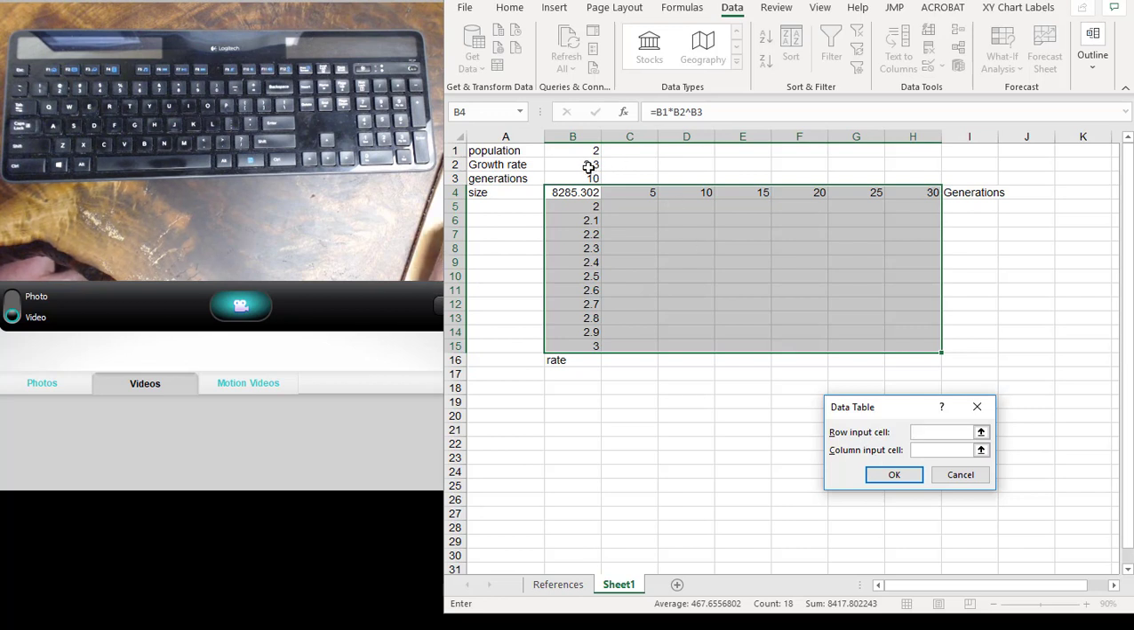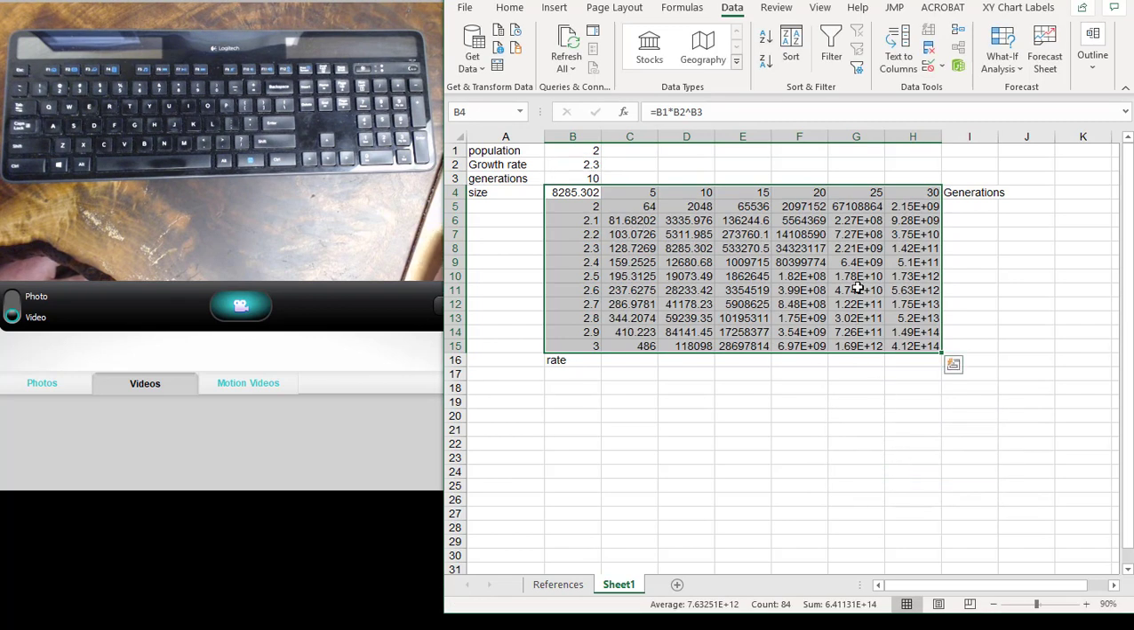So what's the row? What's the column? And the row is going to be our B3. How many generations? 5, 10, 15. That's our row. Okay? What's our column input? Our column input is going to be the growth rate. 2, 2.1, 2.3, and so on. Okay? If we do that and click OK, you can see that this gets populated with all of those different